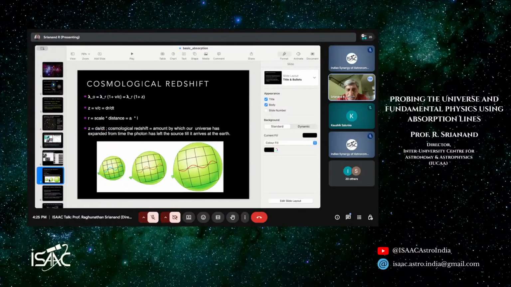This is exactly like changing A in the above equation, which means that if I find the shift Z to be a factor of 2, 1, 0.5 and so on, what I mean is that I am actually telling the amount by which the universe has expanded from the time the photon was emitted till it was received by me on the Earth.